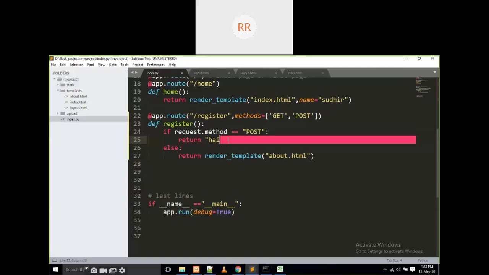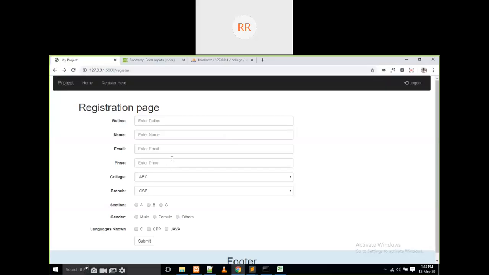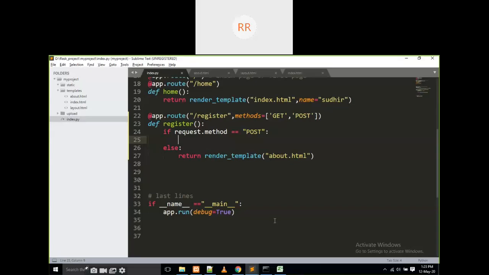Now I have to develop the code here. What do I have to do? I have to get the data from this form. How to get the data? With some variable name.